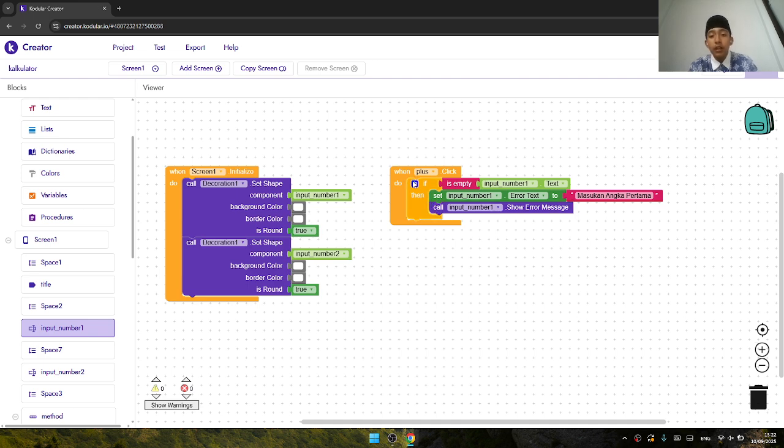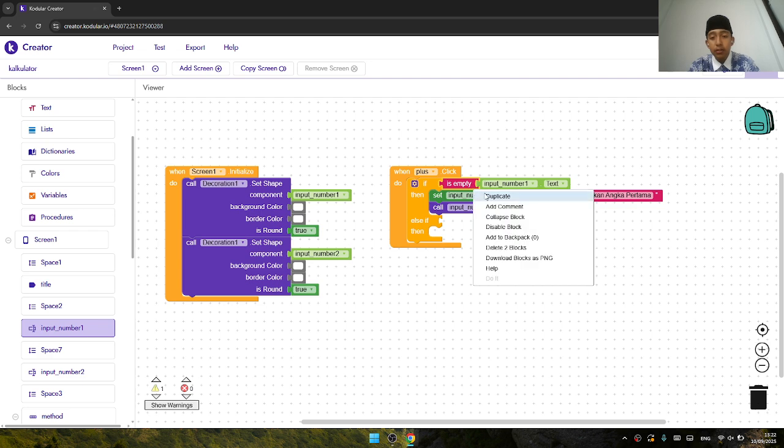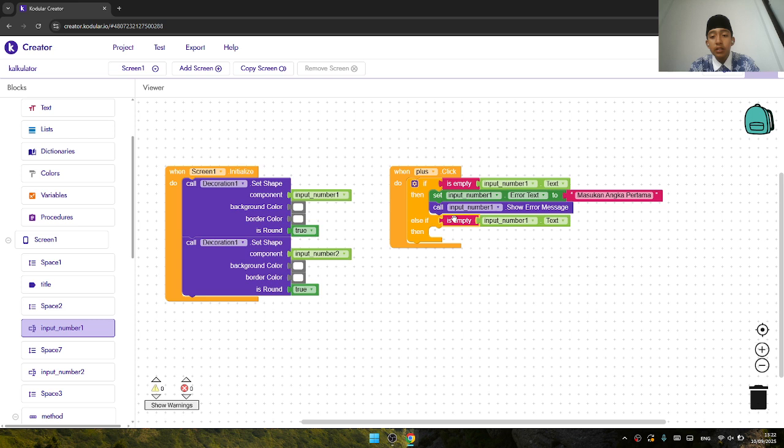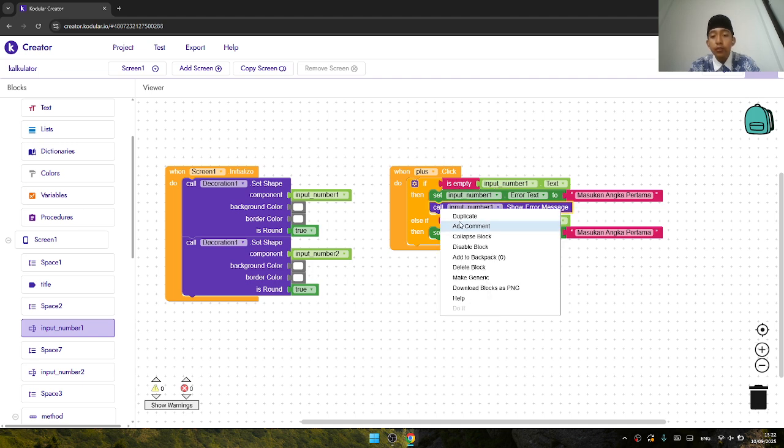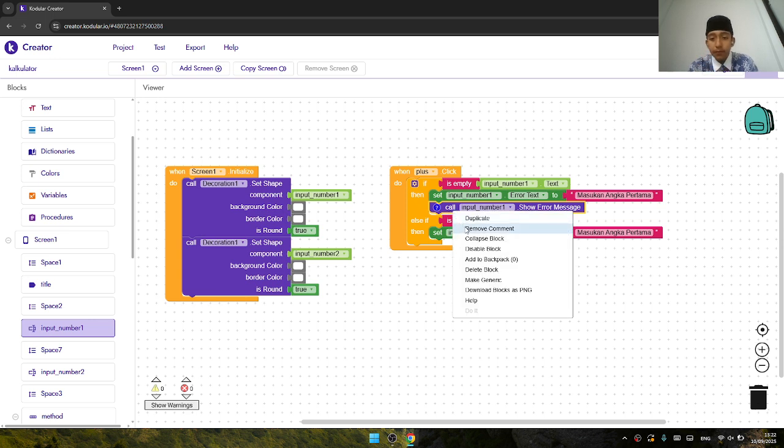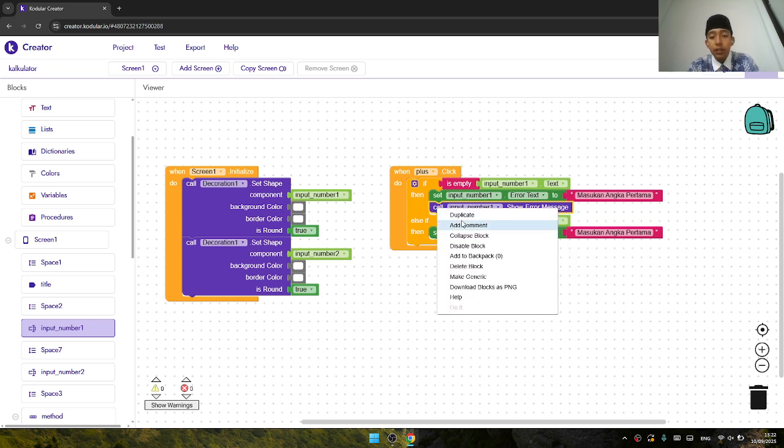And then we take else if, and we just duplicate is empty, we duplicate and change the input number one become input number two. Then we just copy the set and call set become input number two, and this one, yeah. Sorry, just duplicate like this,